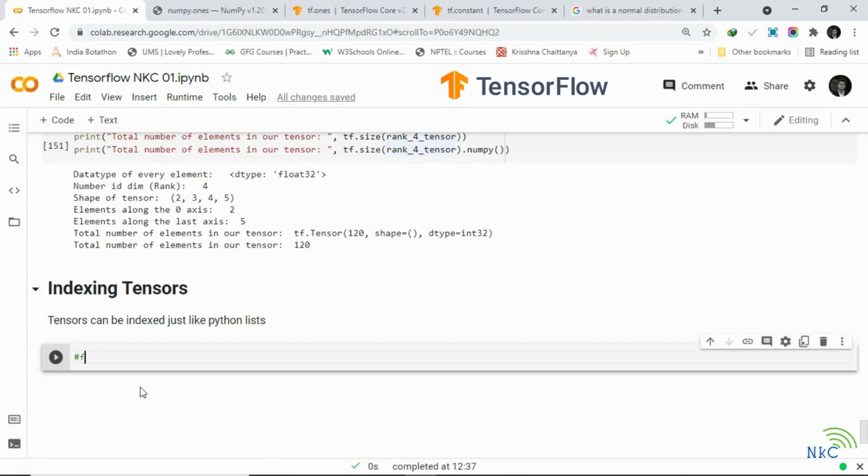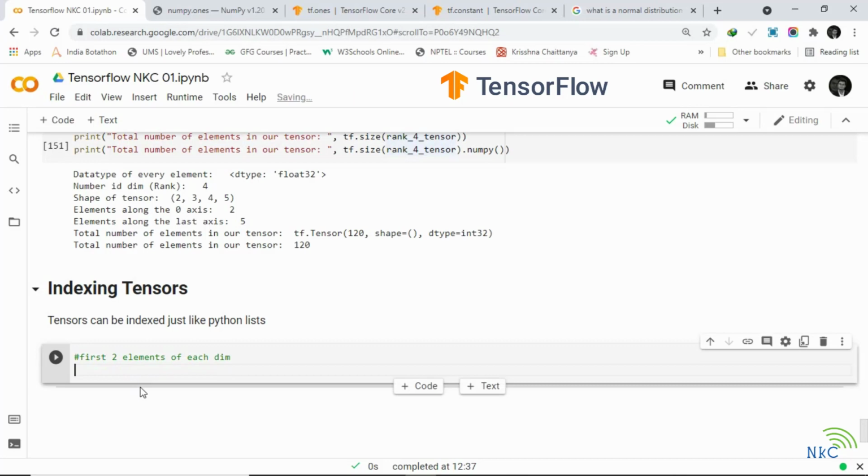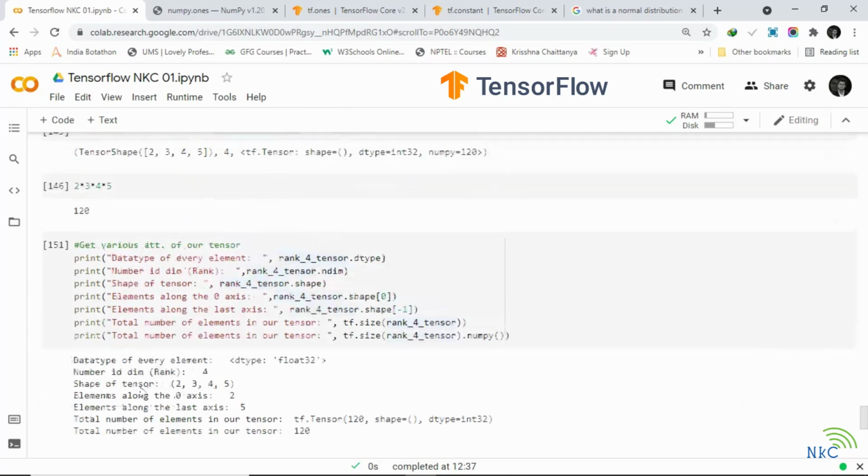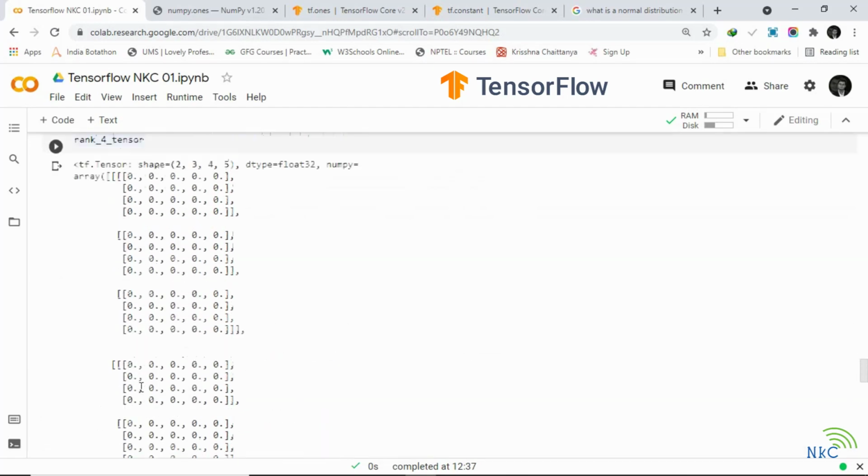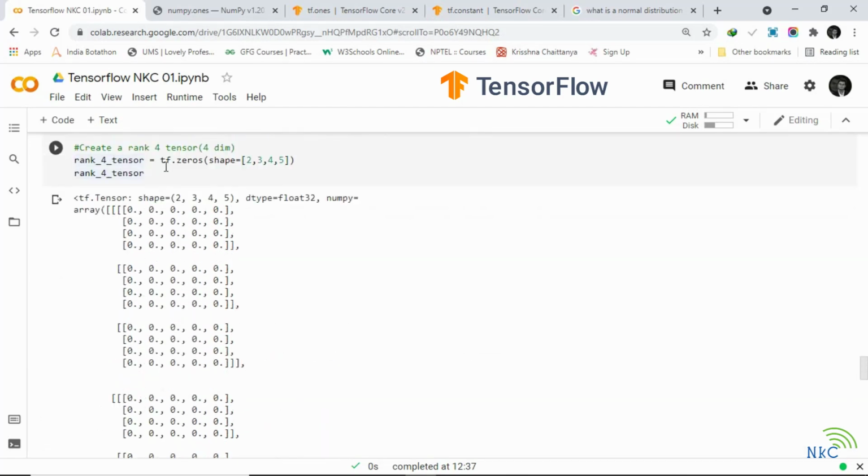So, get the first two elements of each dimension in our tensor. If you have experience with indexing Python lists, how do you think you might get the first two elements of each dimension of our rank four tensor? So remember, we have got 1, 2, 3, 4 dimensions here and we want the first two elements in our case.